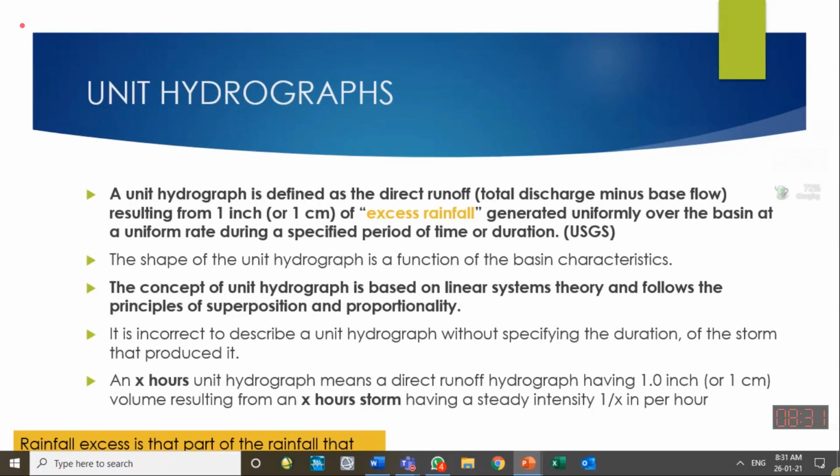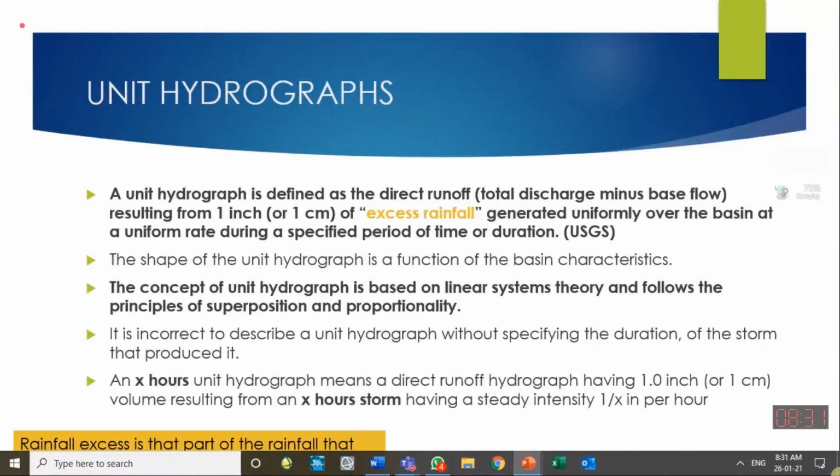Total rainfall we measure with the rain gauge. For estimation of the unit hydrograph, we don't take the total rainfall. We subtract the losses which occur in the catchment due to evaporation, infiltration, interception by the canopy, and depression storage. So some part of the total rainfall we subtract. The part of the rainfall which we expect will reach the outlet through direct runoff is called effective rainfall with respect to hydrographs.